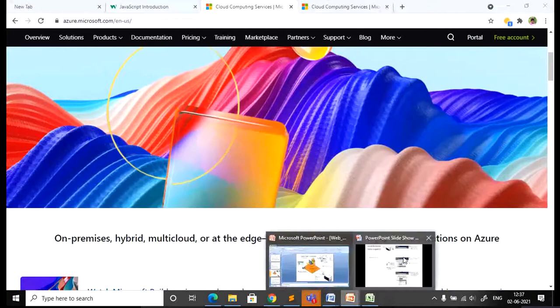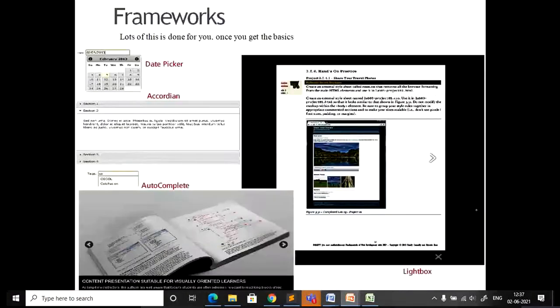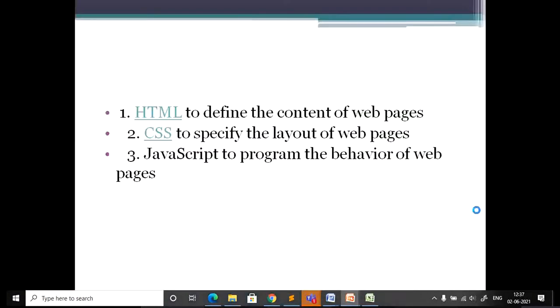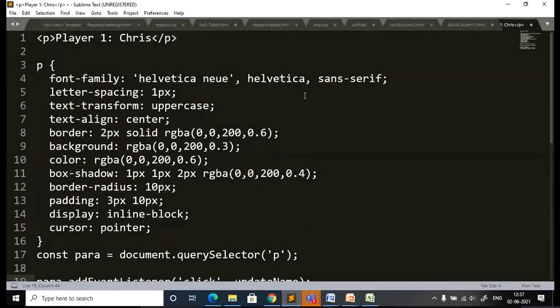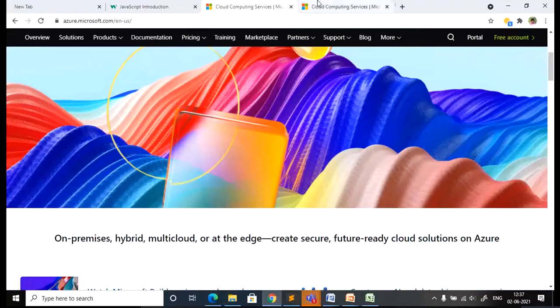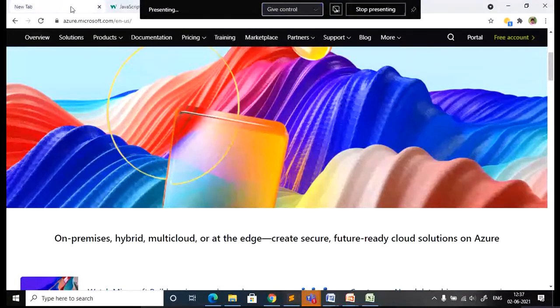Okay, so let me go back to this. This is one small diagram that tells how we can use HTML, CSS, JavaScript. Just out of curiosity, I'll run one small program that will show why we need JavaScript. It is not just for validation. Still, in terms of presentation of data, it can be done very well using JavaScript. Just observe, I have a piece of code. I think I need to open the compiler.